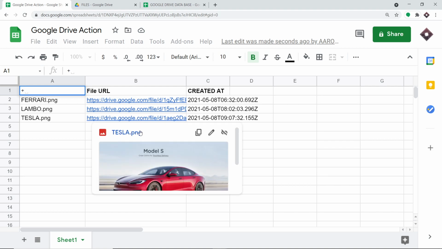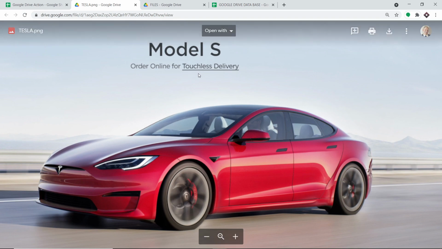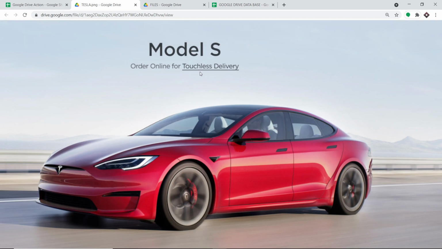So basically what I'm going to do here is click on this link and open this in a new tab. We just have to figure out if this link that was shared from Google Drive into Google Sheet is working or not. So let it open. If the image is of the same Tesla car, then our integration is working. If it is not, then we have to figure something out. Okay, so let's explore. As you can see, we do have the image of the Tesla car. So basically our integration is working. This is the whole gist of the whole process: you add an image or a file in Google Drive, and it will be reflected as data in Google Sheets.